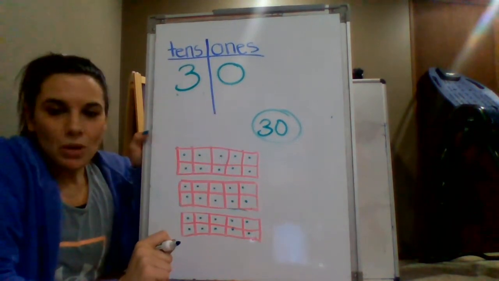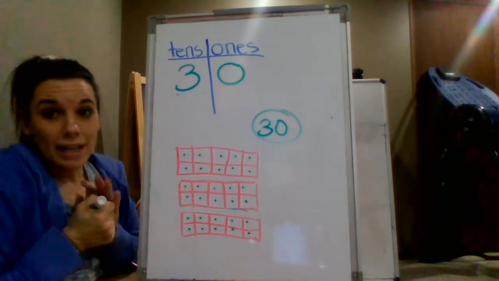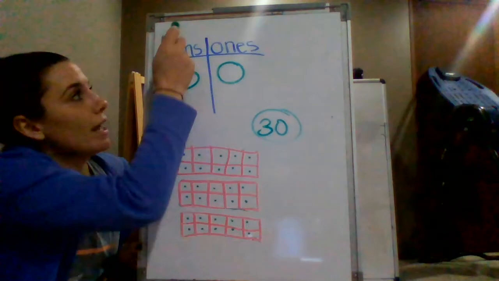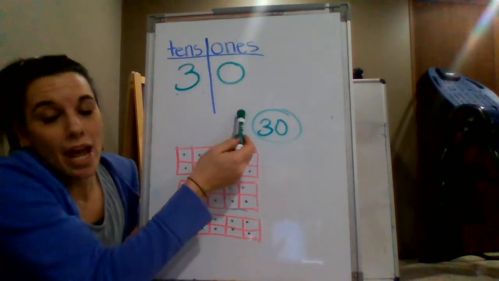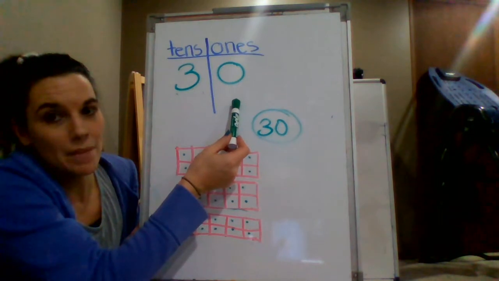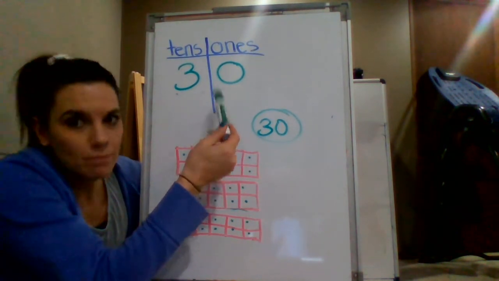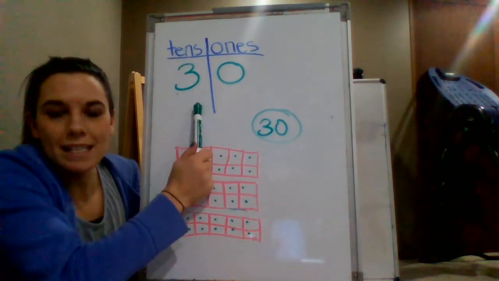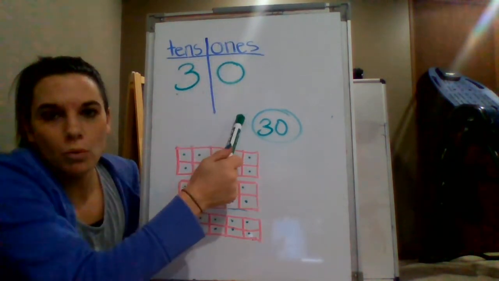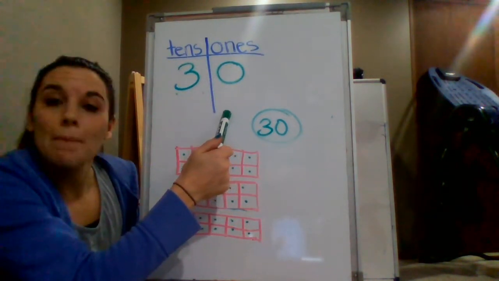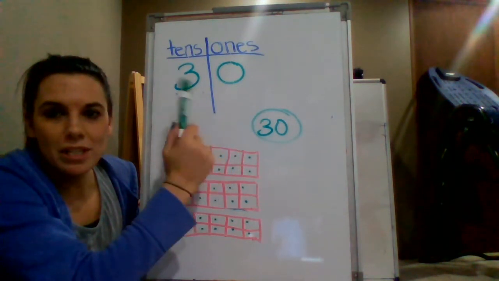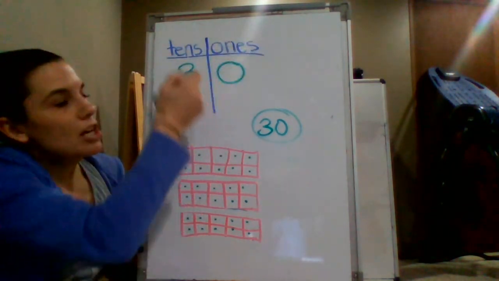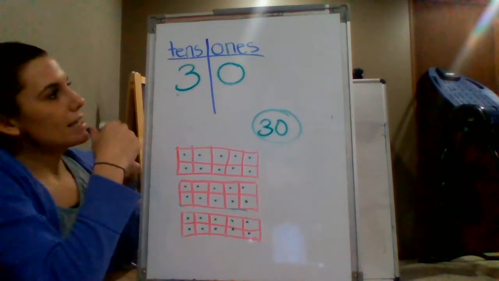So you guys, what I'm showing you here is that it's important that you understand that a 2-digit number is made up of a group of 10s and some extra ones. Okay? Repeat after me. A 2-digit number is made up of a group of 10s and some extra ones. And this is called place value. So when we're working with 2-digit numbers and I say, how many 10s are in this number, I want you to imagine the chart, okay? Look, if I didn't have this chart,